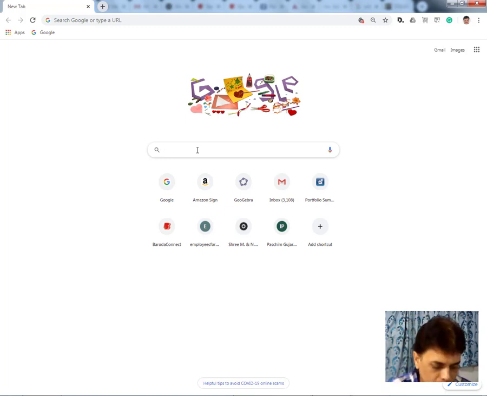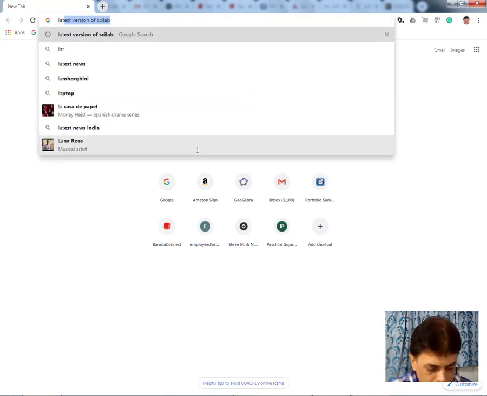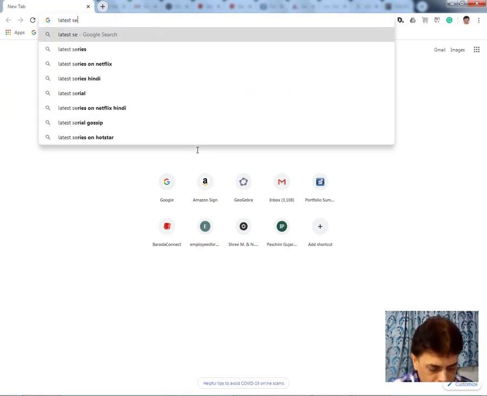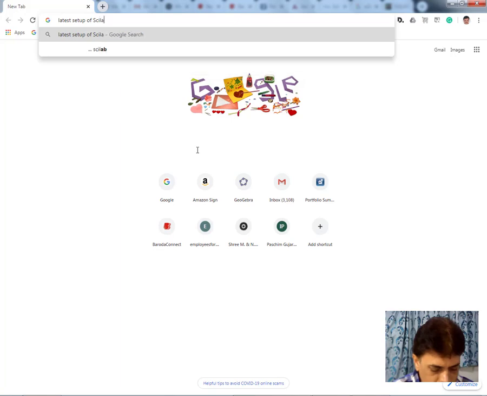In order to download the latest setup of the Scilab software, let us write latest setup of Scilab in the search engine Google.